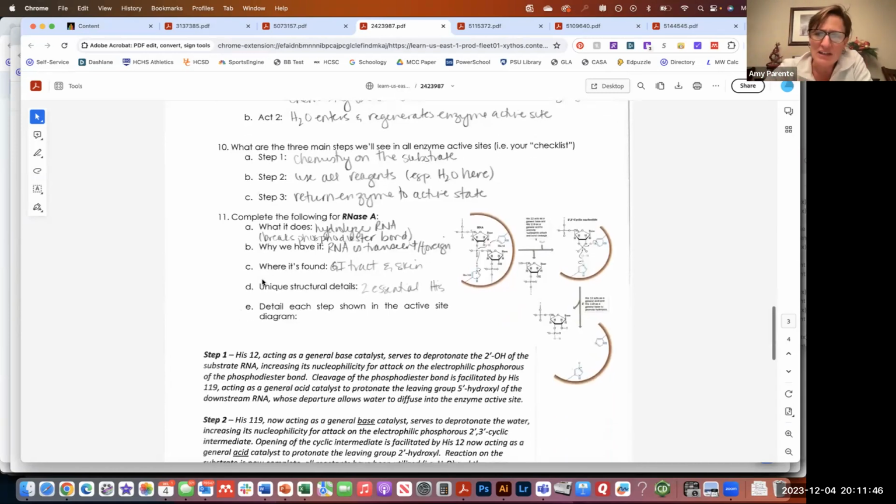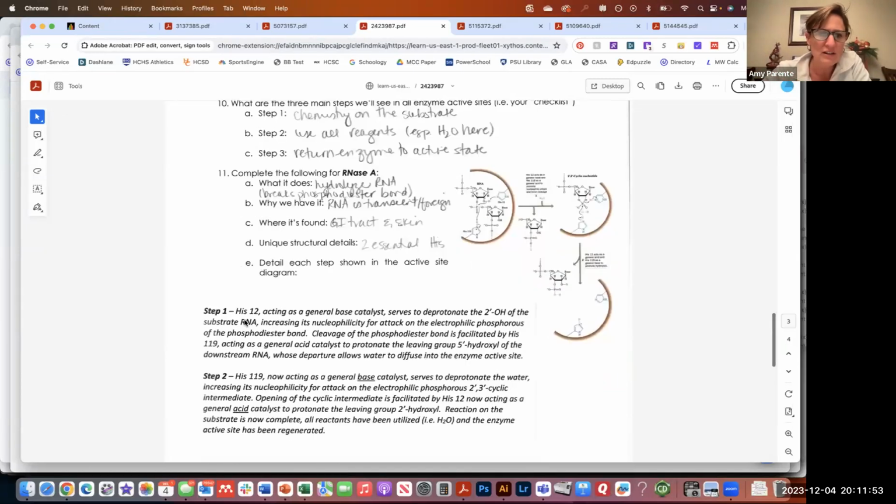So I'm not going to take the time to go through all of these. There are videos online, and the notes very clearly run through each of these individual steps. Again, I would highly discourage you from just trying to blanket memorize these, because then you're not learning the skills that are going to help you apply this to a new system. And you don't have to get the words exactly right. You don't even have to have the syntax exactly right. You just have to have those pieces in place that describe what you see happening in an enzyme